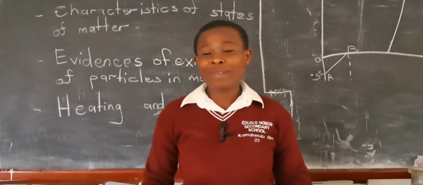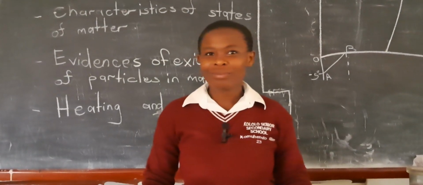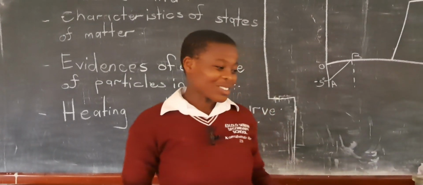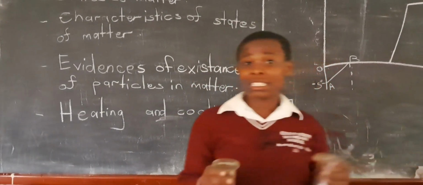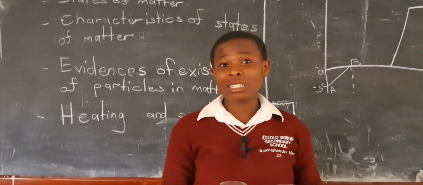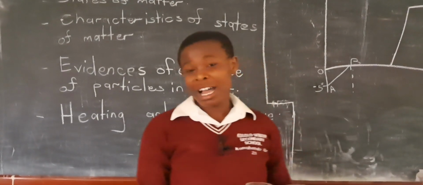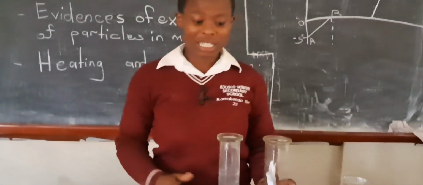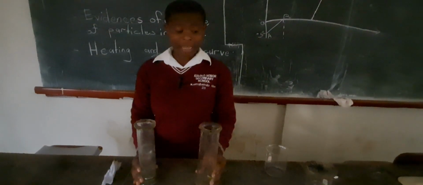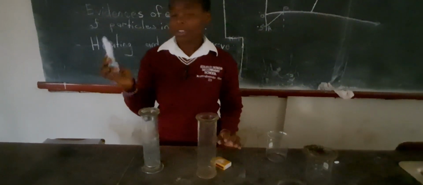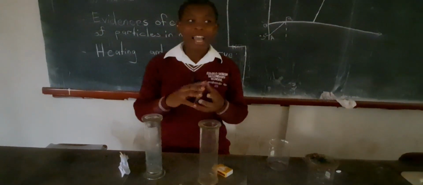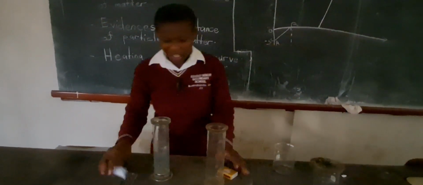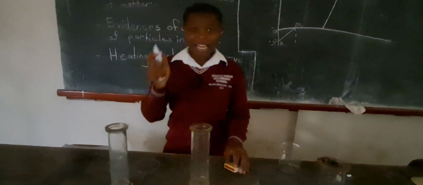Matter is made up of particles. The evidence in this case, we are going to use scientific experiments to prove the existence of particles in matter. Now, let's prove the existence of particles in gases. What you need: we need two gas jars, a matchbox, a paper, and a petri dish. Now, what to do? Get one of the gas jars and